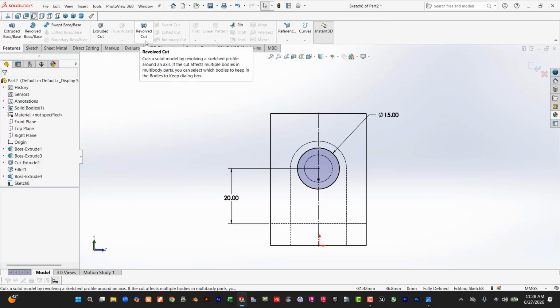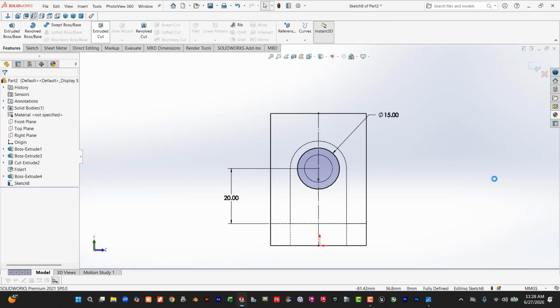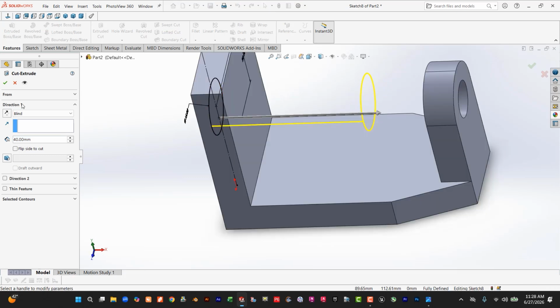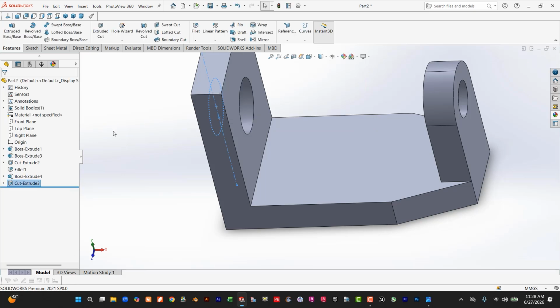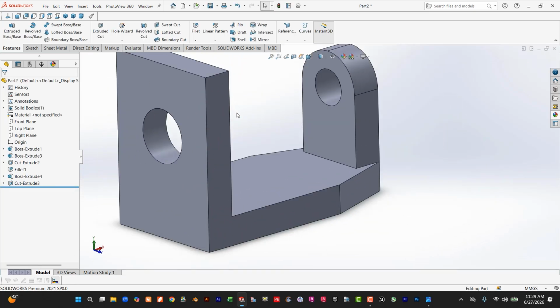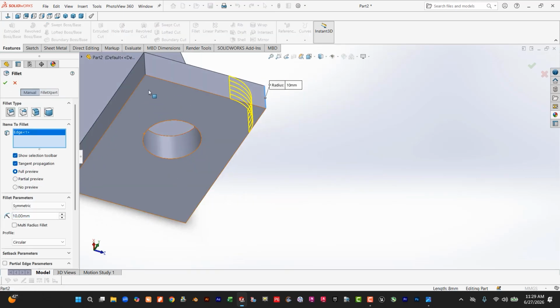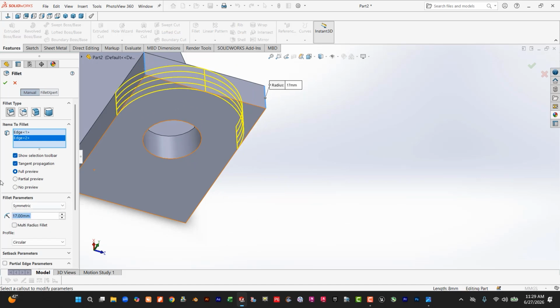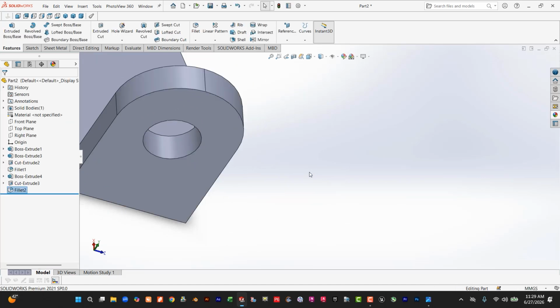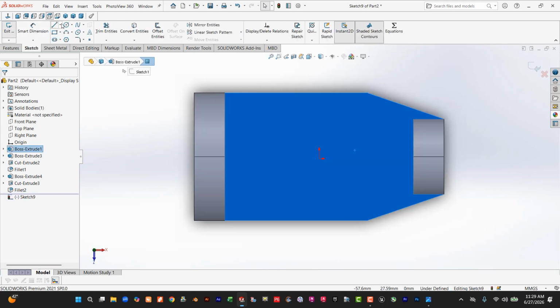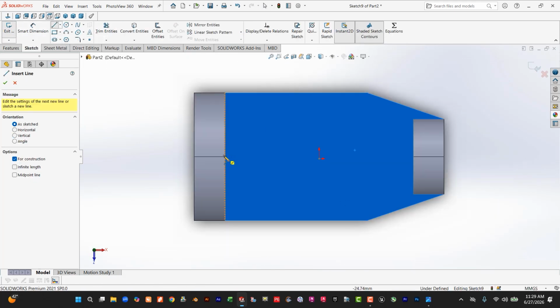Go to Feature, Extruded Cut, and make it solid, and okay. So go to Fillet, so select this edge and this edge, and this dimension is 70, okay, and close. So select this portion again, Sketch, draw a center line,